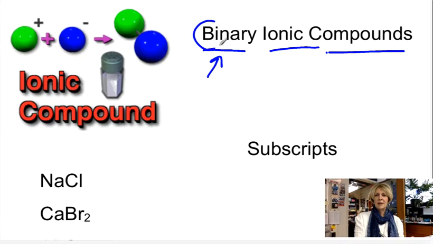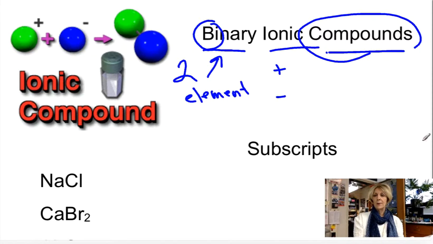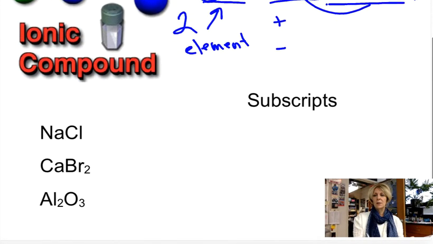Binary, just like a bicycle has 2 wheels, means 2 elements are involved. Ionic means you're going to have ions involved. So it's going to be a positive cation and a negative anion. They're going to come together to make a compound. And so we're going to look at the formulas, and we're going to see